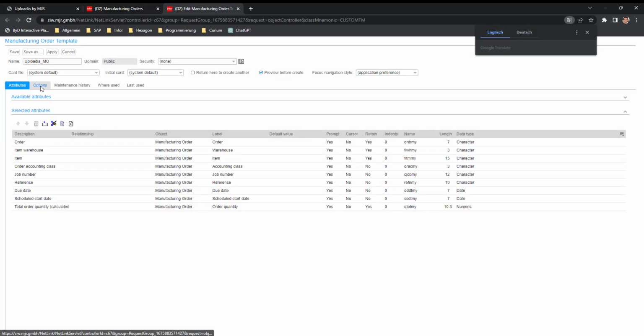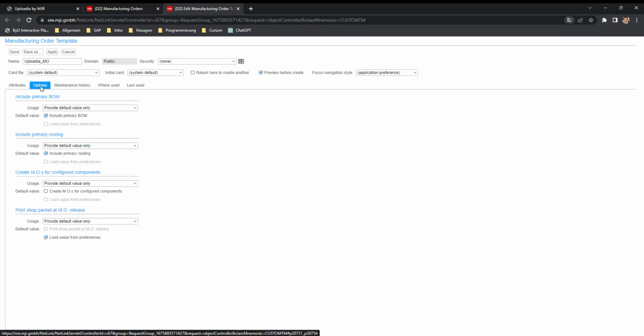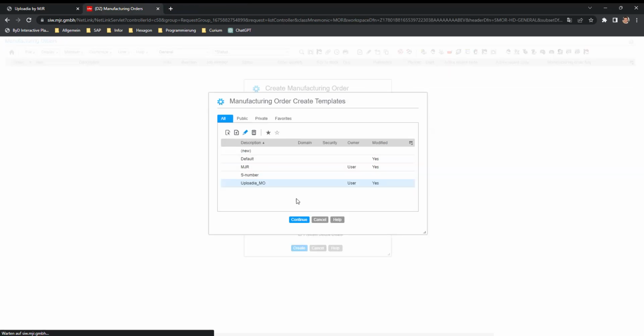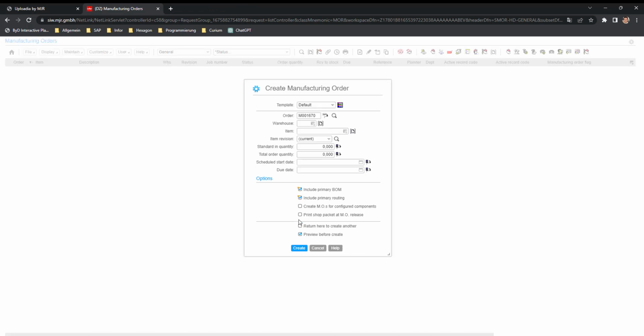And here we have the tab options. And then we can say we want to provide only the default value, which is include primary BOM checked, and provide default value only, include primary routing checked. So those are the two options we want to use. And for the attributes, we've added these. And then we can click Save, Continue,